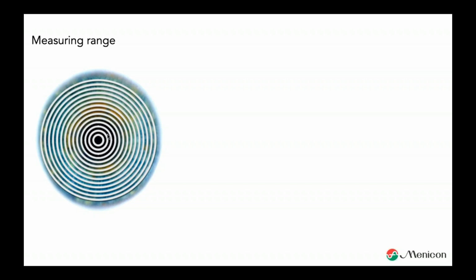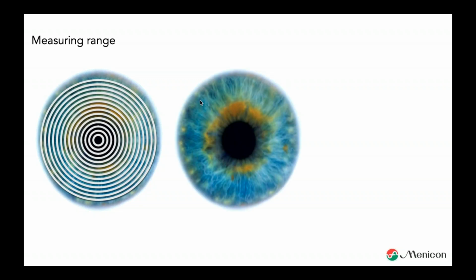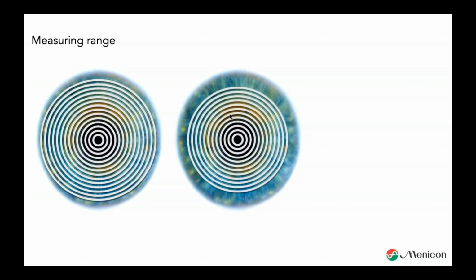there are a couple of topographers, mostly Scheimpflug cameras, I have to say, but two or three topographers. The majority of topographers measure a bit less, and that isn't a problem. We can extrapolate the data out. We have had topographers in the Netherlands for around 20 years, and we already have 20 years of experience with the calculation. So we can do a good calculation for the missing rings. If you have a topographer like this, it's not a problem at all.